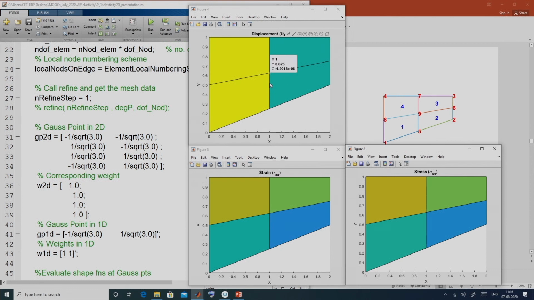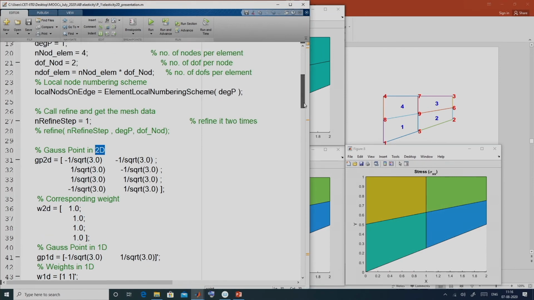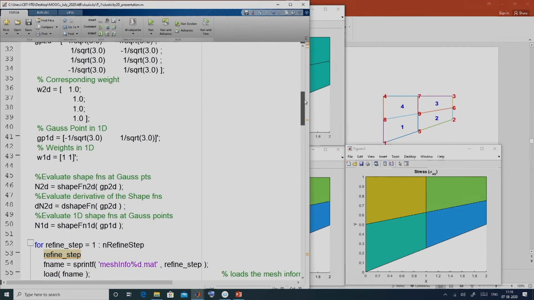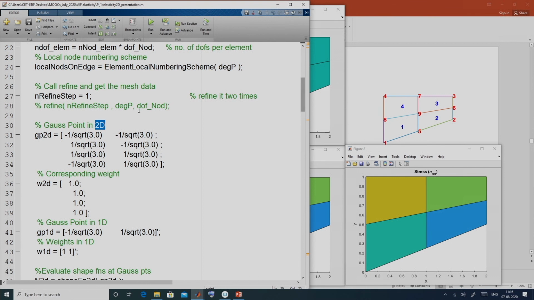That is not the case; we have only one element, and since we have taken 9 grid points in each element while post processing, it looks like it has 4 elements. So this is the displacement in the y direction, this shows the strain epsilon xx and this shows sigma xx. There is nothing interesting here. Now let us increase the refinement step and see how this changes.